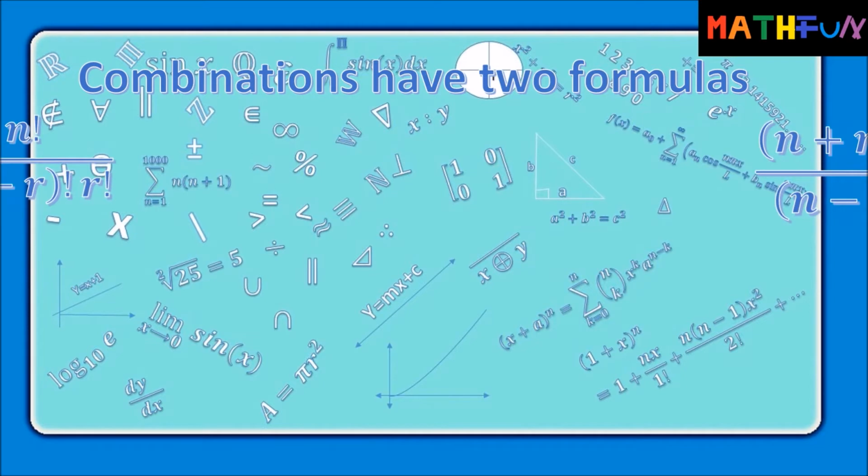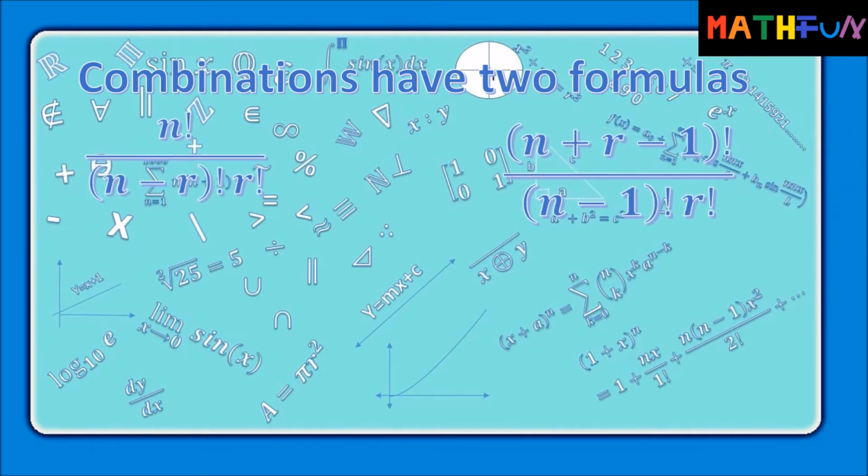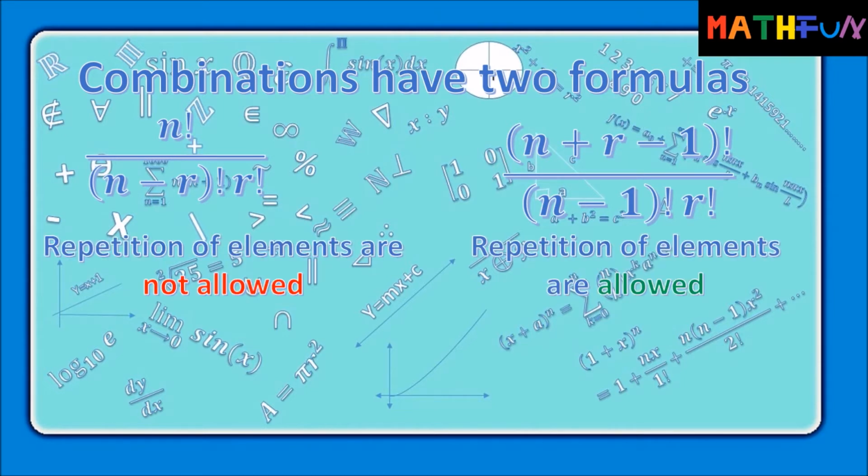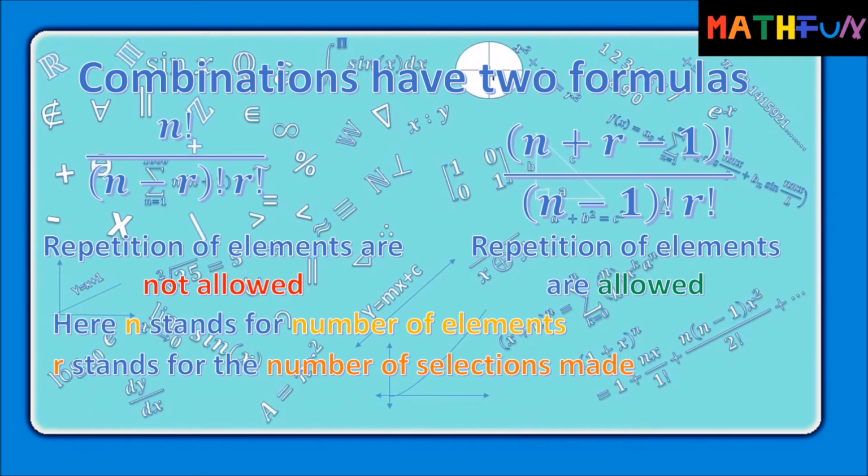Combinations have two formulas. The first formula is n factorial divided by (n minus r) factorial into r factorial. And the second formula is (n plus r minus 1) factorial divided by (n minus 1) factorial into r factorial. In the first formula, the repetition of the elements is not allowed. In the second formula, the repetition of the elements is allowed. In the formula, n stands for the number of elements available and r stands for the number of selections made. The combination formula is generally represented by